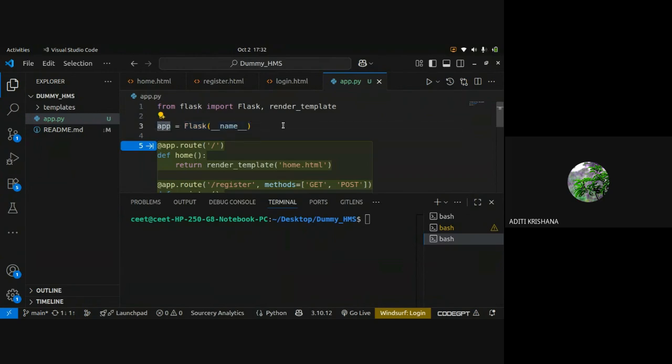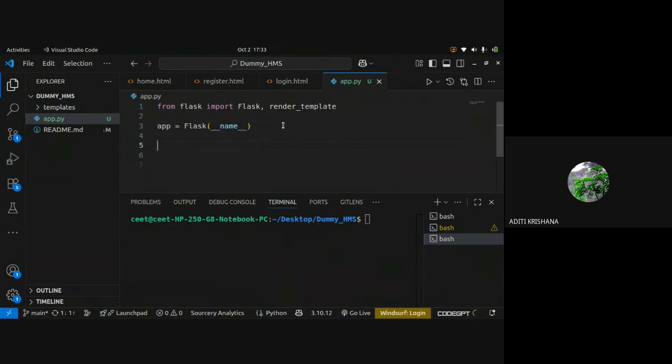Now I don't have to do this initialization every time for creating the routes, for setting the configuration, or for connecting it with the database. Never. I will not be doing this again and again. So I have stored that value inside one variable known as app.